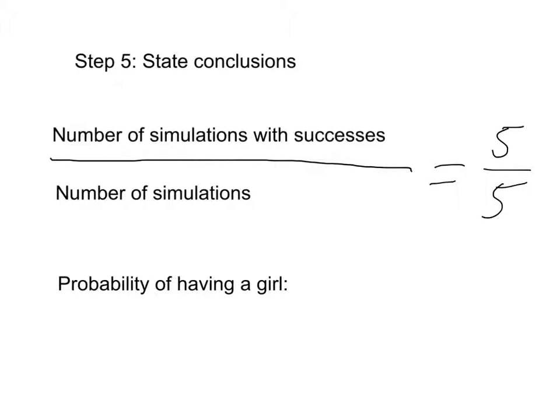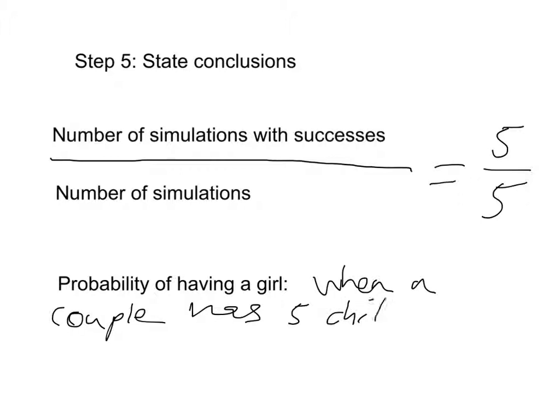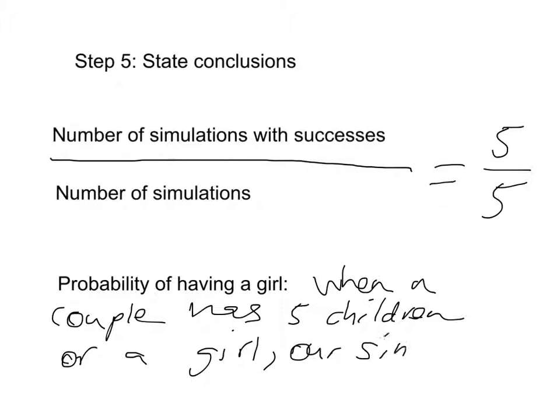So basically just say when a couple has 5 children or a girl, whichever comes first, our simulation found that the probability of having a girl